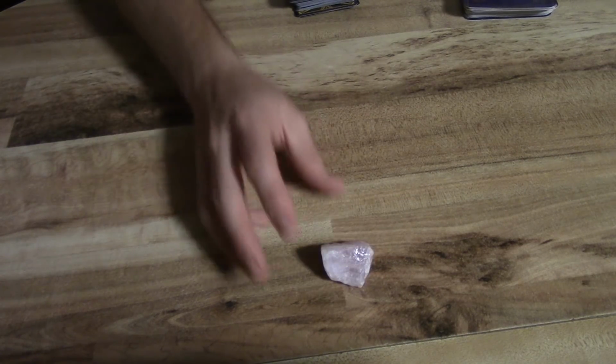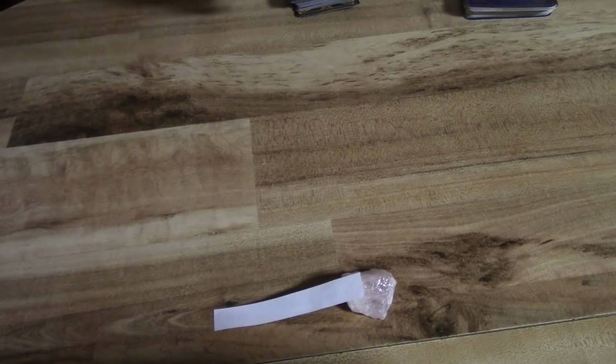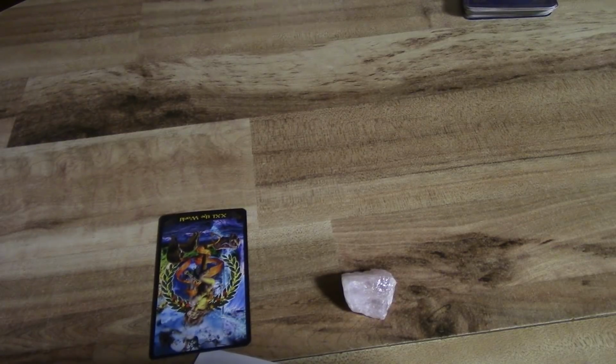All right, what do we have for the rose quartz? Okay, there's that. Now, let's shuffle. So for those who chose the rose quartz, what is going on with them? The person you're asking about, what is going on with them? It flipped right over and I can see it from here. Okay. Rose quartz. All right, we're going to just...